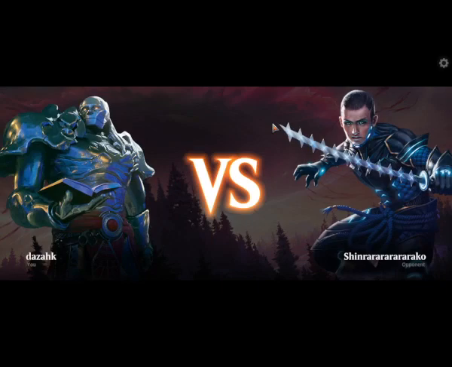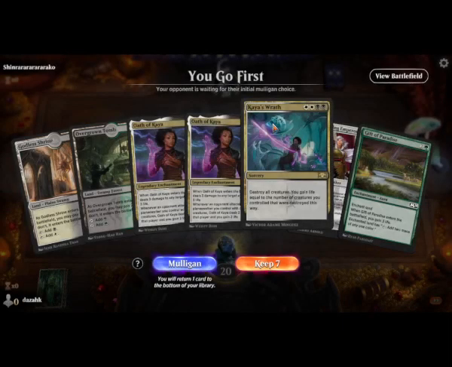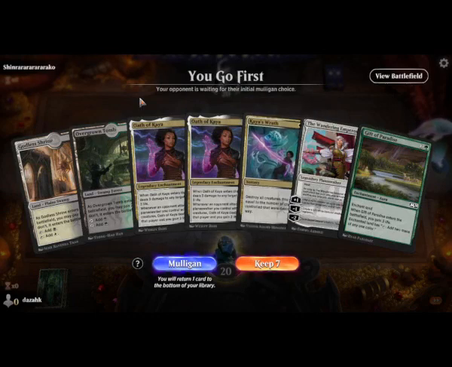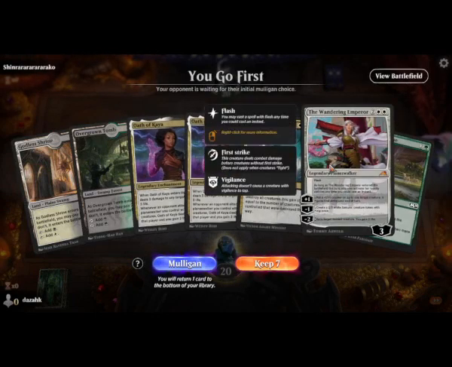Interesting deck though. So the classification plan does work. You just need Fling to make it work. Okay, got